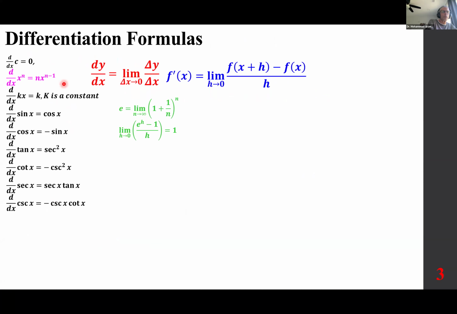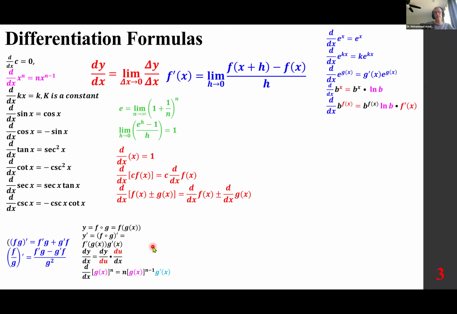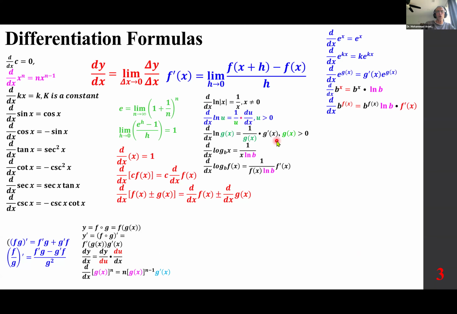to power rule, trigonometric functions, product, quotient, chain rule, the derivative of exponential functions, logs,